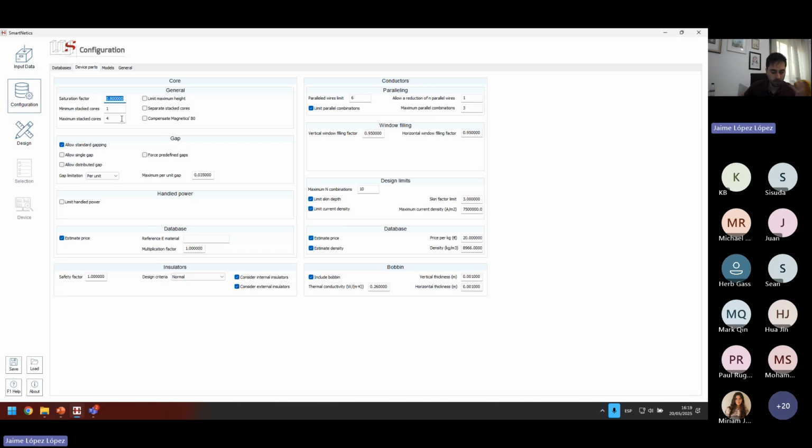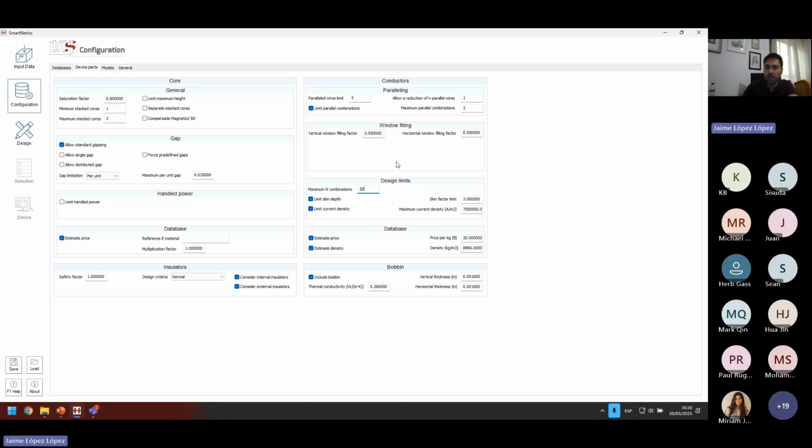For example, in this case, we have already selected very big cores, so instead of using a maximum number of stacked cores of 4, I would reduce that to 3 because they are already very big. Instead of using a maximum of 6 wires, we know that would be very hard to manufacture, so I can reduce that to 5, for example. Or since we have a very big window, instead of only allowing 10 different combinations of wires, we can even increase that to have a wider range of solutions of up to 20, let's say.